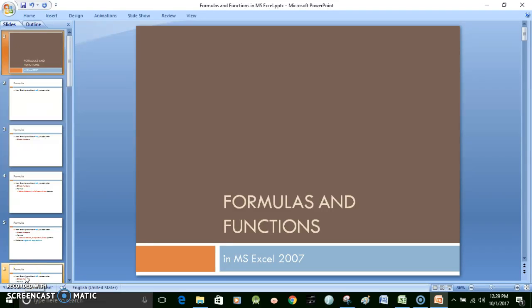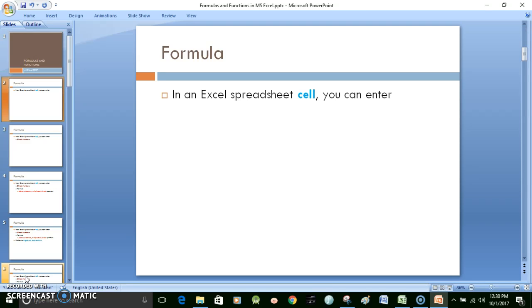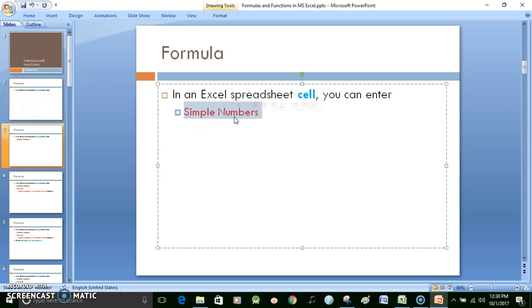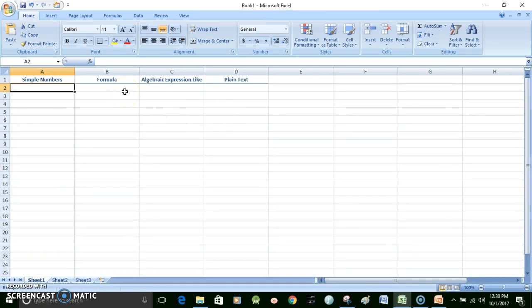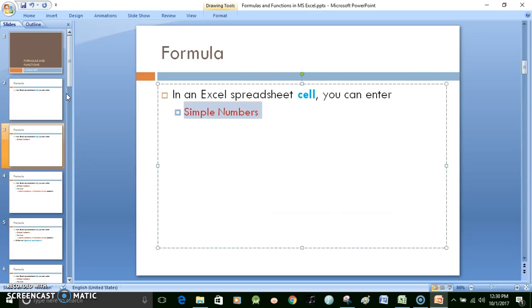Hello, in this short video, we will learn about formulae and functions in Microsoft Excel 2007. In Microsoft Excel, in a spreadsheet cell, you can enter either simple numbers. For example, I could put 4, 8, 12, 16, and so on. So I can enter simple numbers inside each cell, or I could enter